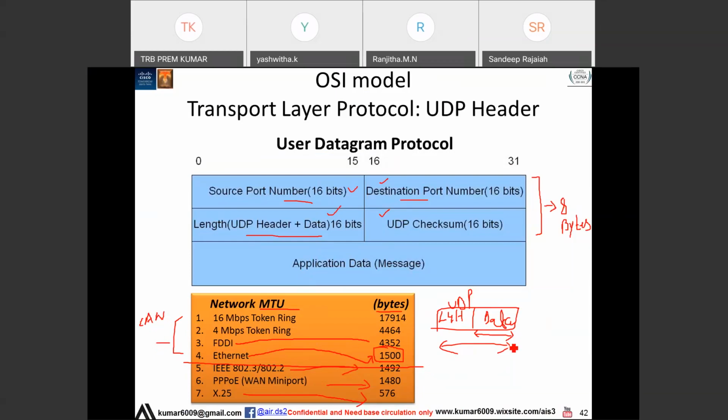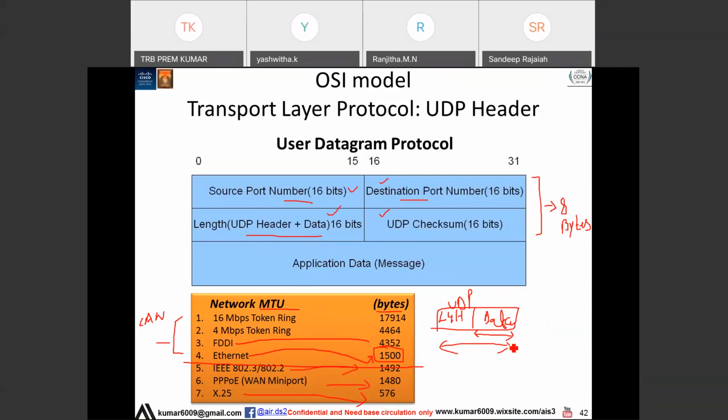Now, when we use UDP, UDP is an unreliable, connectionless communication protocol, right? UDP is used for real-time applications where we need to send a stream of data. Stream of data means, for example, voice, video, online games.